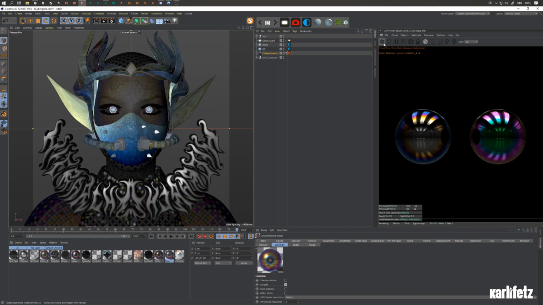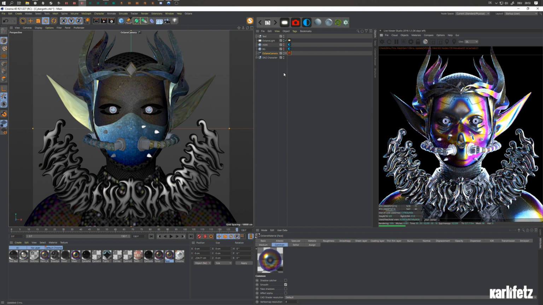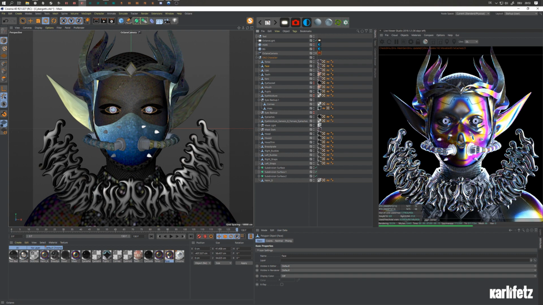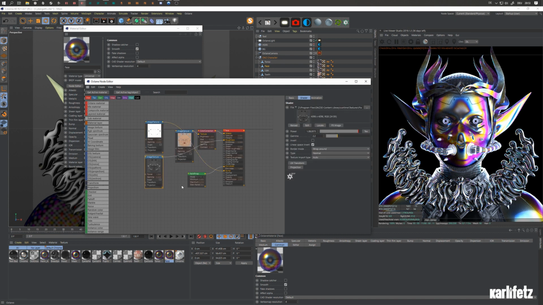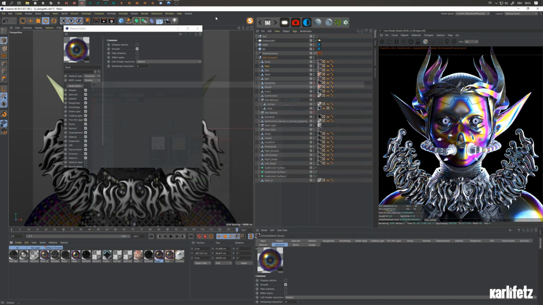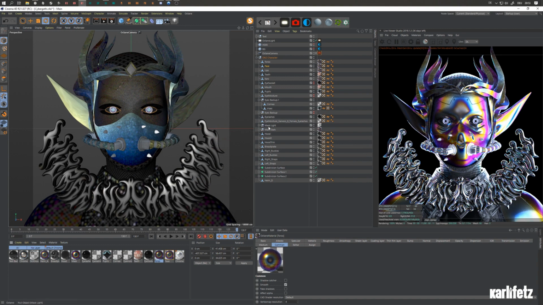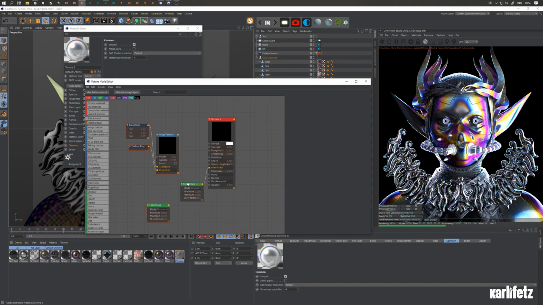So let's just go back to the big scene, and I'll show you how I set my materials up. So basically the torso and the face is the same, just with different corresponding textures, of course. This one for the face and this one for the torso, with the same fall off map in each object. You can see 0.21 and 0.59, and I have the mask split into dark and light. So you'll see what will happen if I just plug in the dark into the light. All the bright points are disappearing,